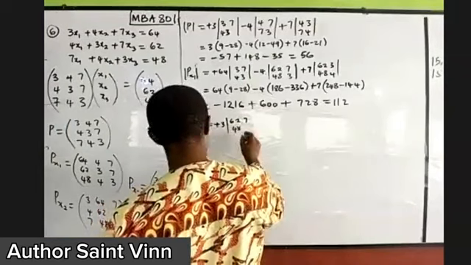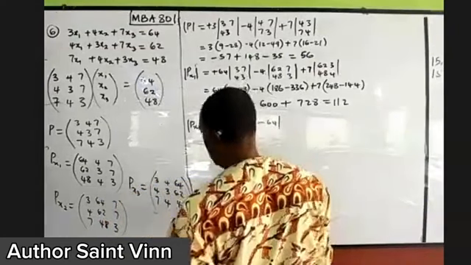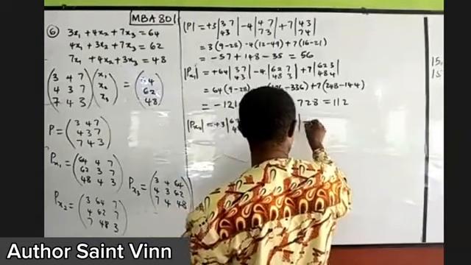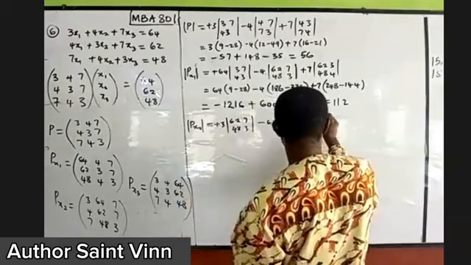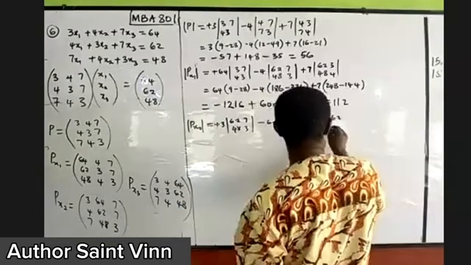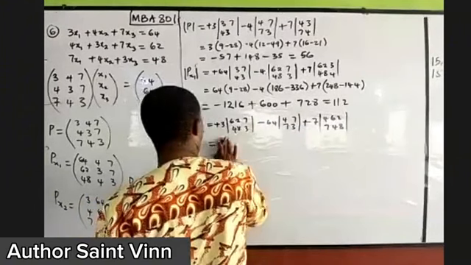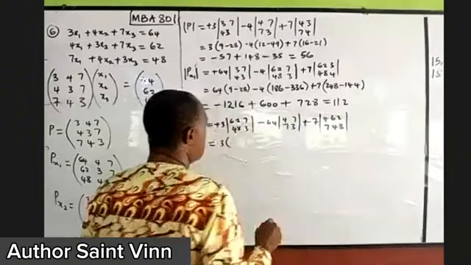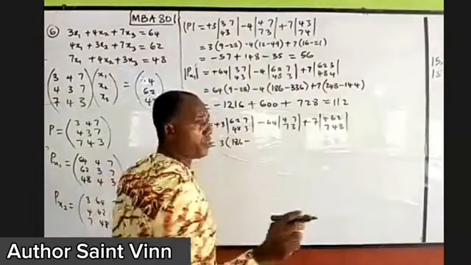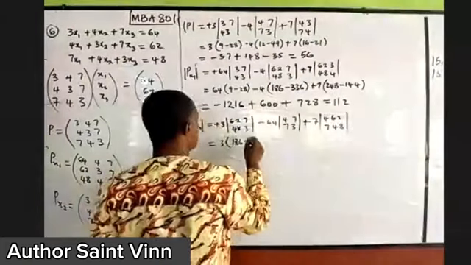48, 3 minus 64, 47, 73 plus 7, 4, 62, 748. Okay, 3, 62, that is the 186, minus 48 times 7, 336,